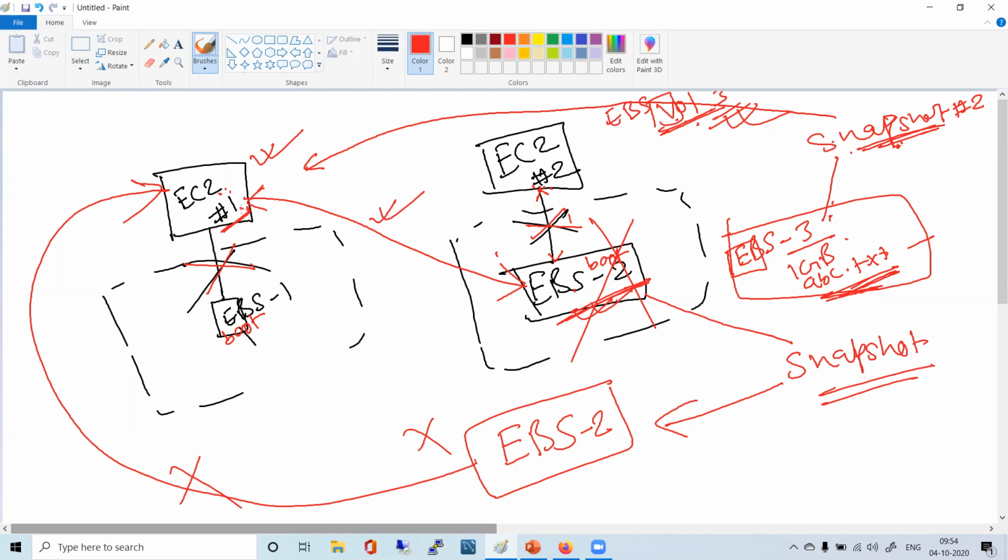No. So that is the difference between snapshot and AMI. Using a snapshot, you can boot an instance as well, but that snapshot should be your boot volume snapshot. You make a volume out of it and attach it, and you can boot it.